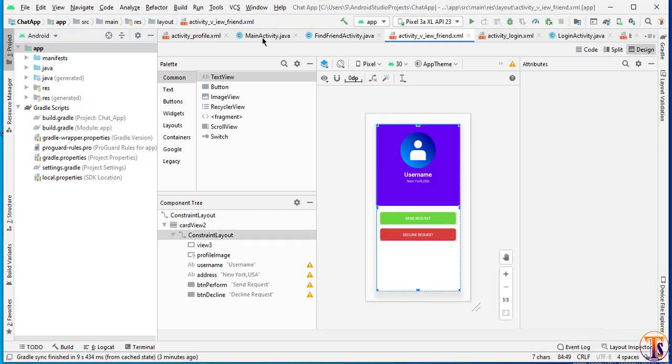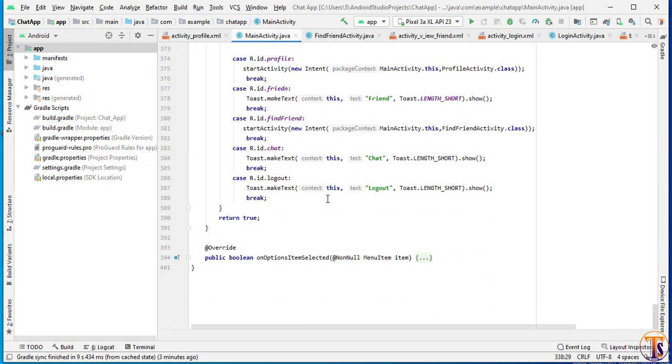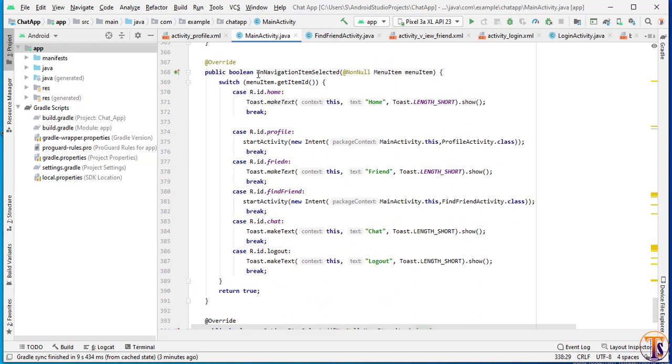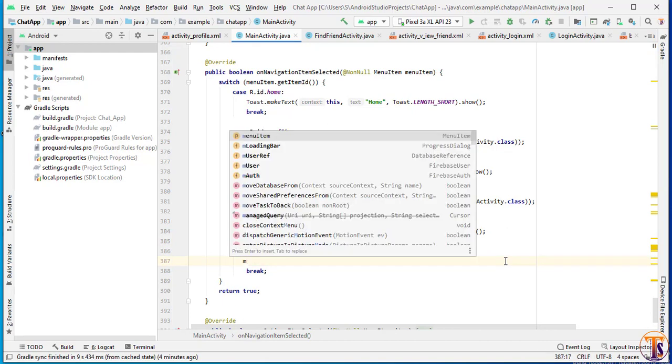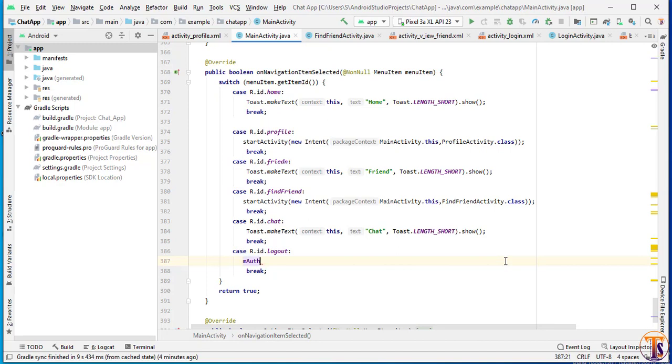So go to main activity and scroll down. Here we have onNavigationItemSelected. So here you can see we have a toast message. So we will remove this toast message and here we will perform our logout. So we will use mAuth signOut, and after sign out we will simply send the user to our login activity. So here we will create